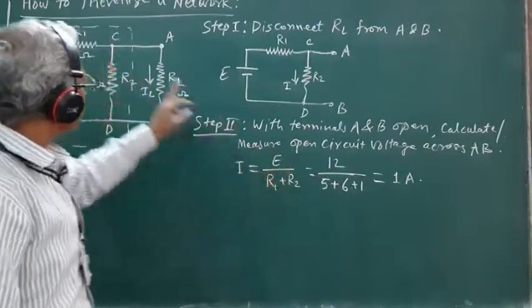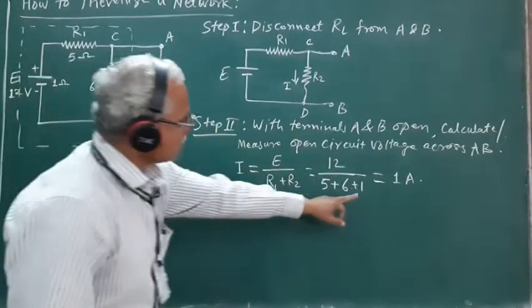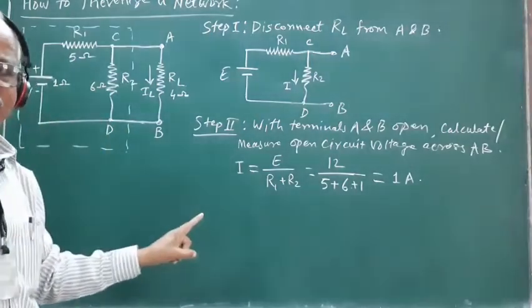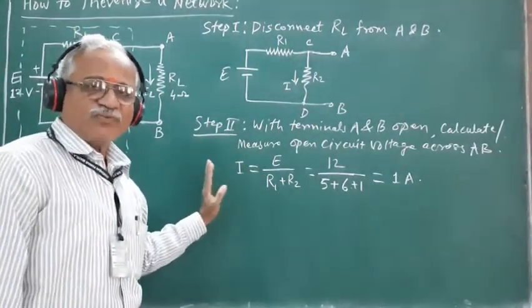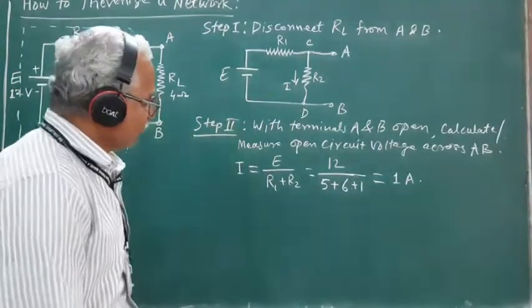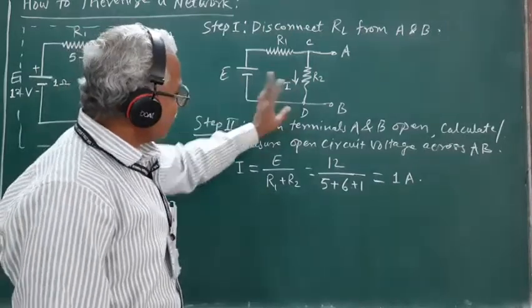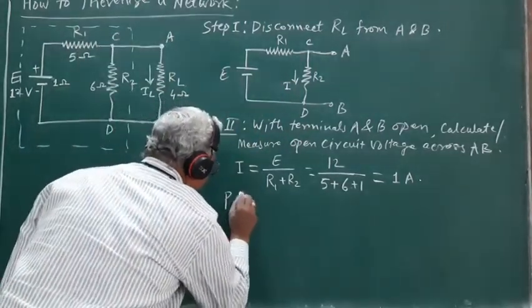So this 5 is the value of R1, 6 is the value of R2, and this 1 is the internal resistance of this source. So that should be taken into consideration while determining the total current I flowing through this resistance R2. So once we know the current flowing through this resistance R2, now the potential difference across R2,